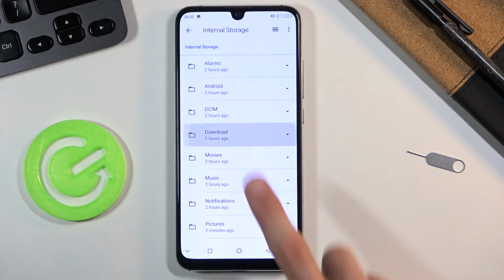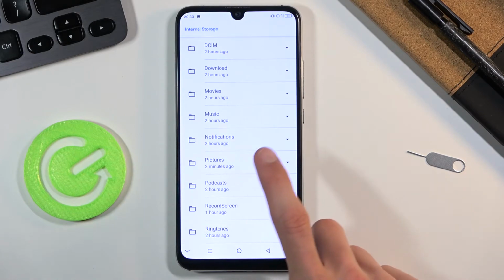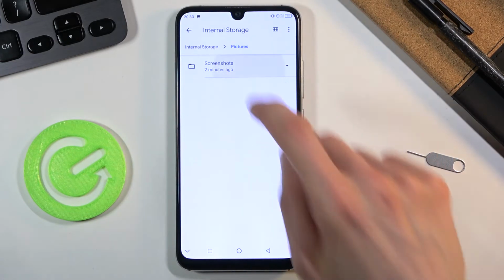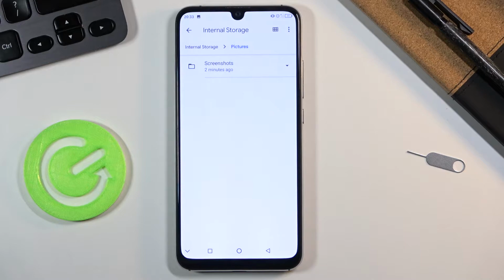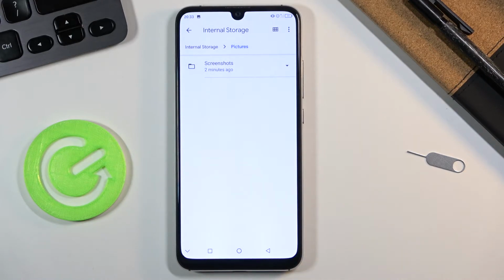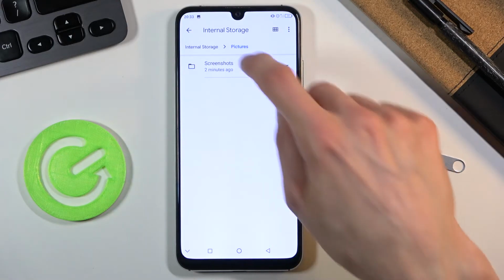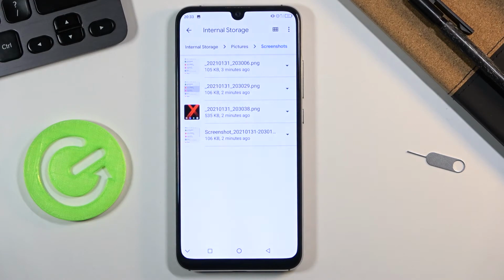Then downloads folder will contain anything that, you guessed it, you've downloaded. And then pictures folder contains screenshots, as you can see. Now kind of weird, they could have just all put it in here, but yeah, DCIM is always the pictures folder. So once you find your files, which for me I'm going to be using the screenshots right here,